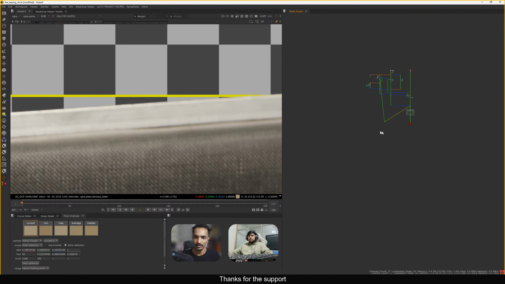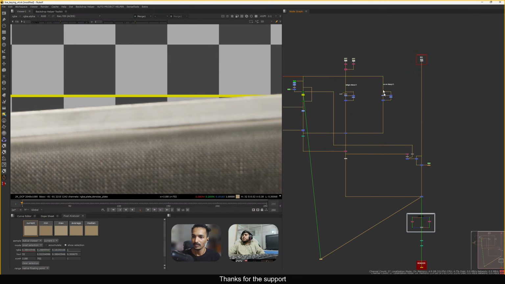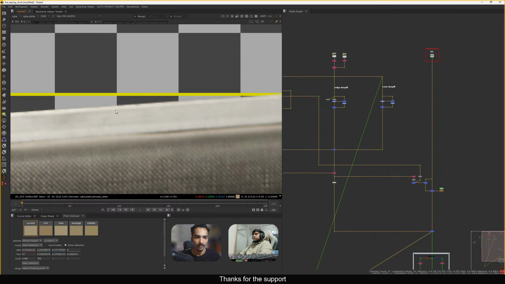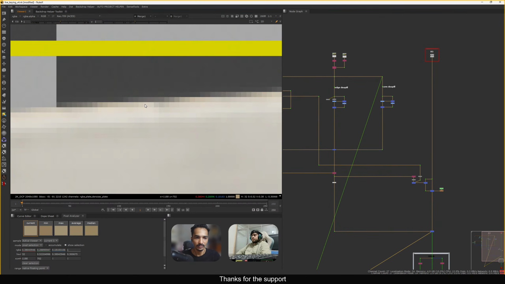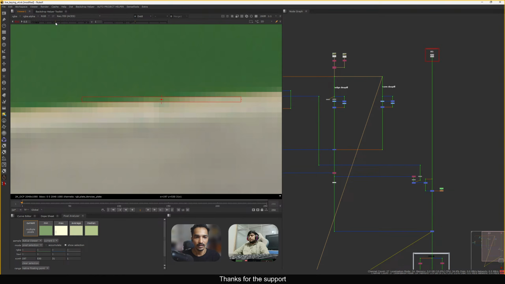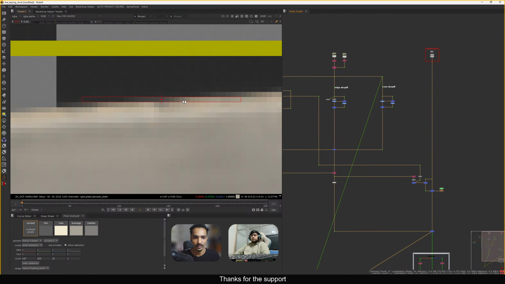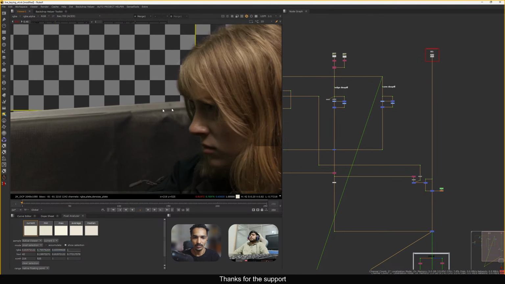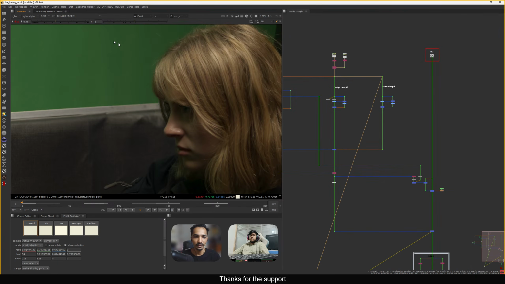So let's zoom in and see this edge, and this actual plate. Yeah, you can see it's very nicely done. See this, this is the edge pixel, right? And you can see this green color is transitioning, and now it's transitioning into this checkerboard color, and we have a very nice edge color here. So this is exactly what we need. And in the hair also,